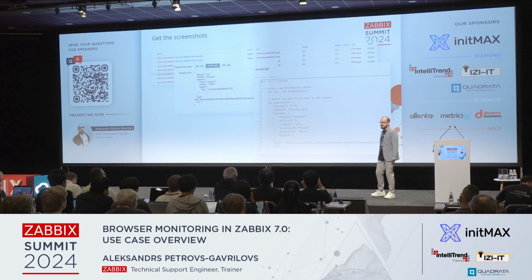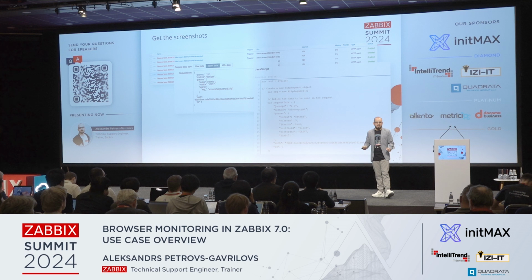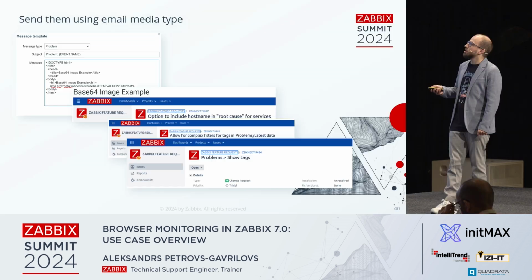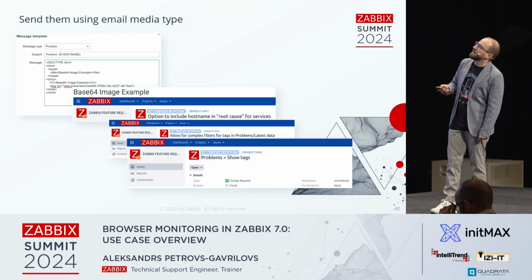But as of now you can make screenshots, and as you can guess, screenshots are stored in the database. We can use the API to get them out of the database. So this is a simple approach. We use an HTTP item in this case to get the host and get the item ID for which we want to get the screenshot. And there we go, history.get just gets us the latest screenshot,